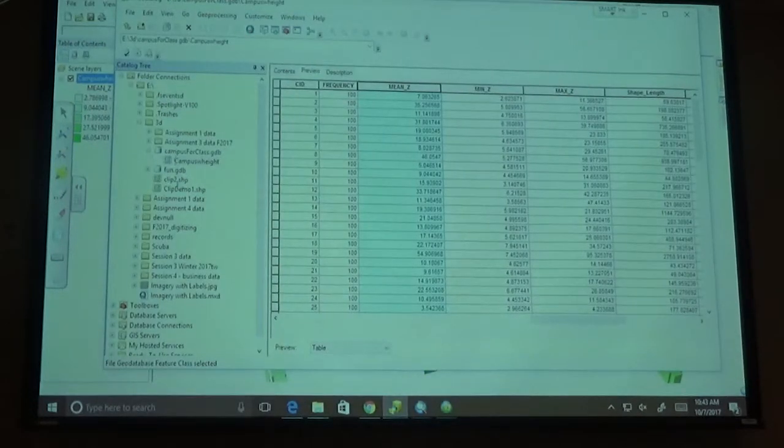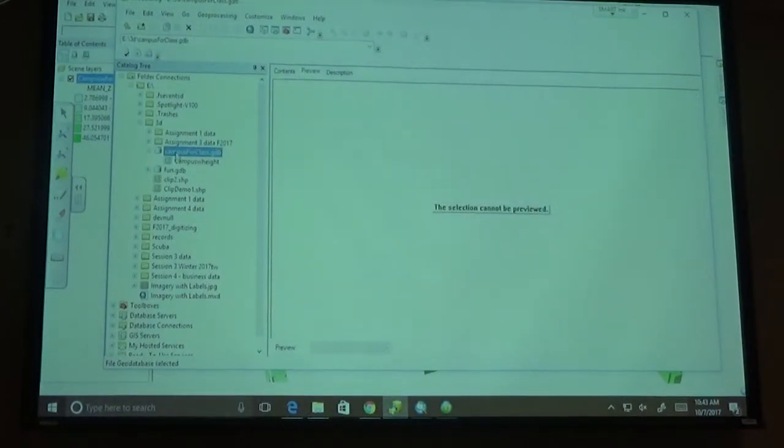Let's take a look at our catalog. That's something called fun. This is the last exercise that we're doing, individual projects. If I look at fun, GDB,